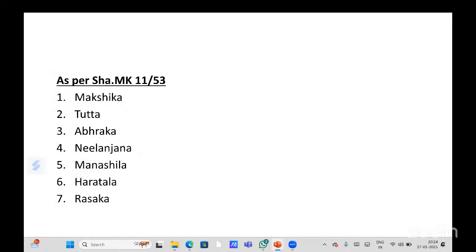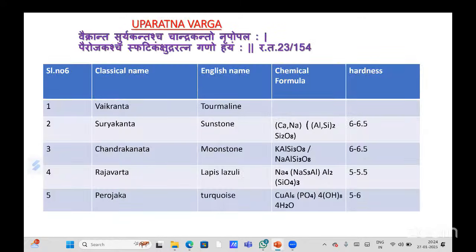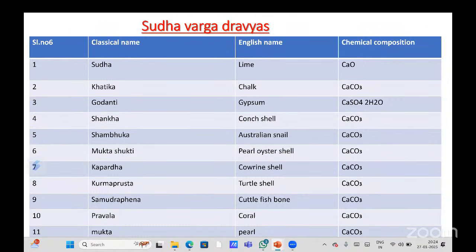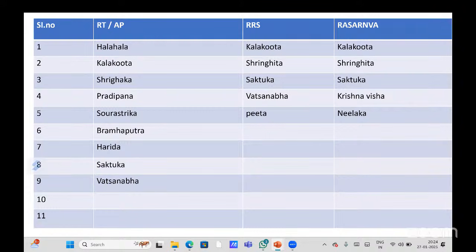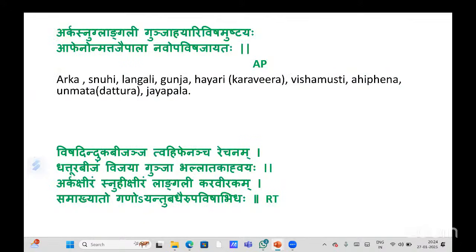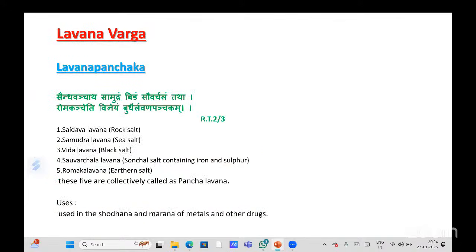So Uparatna Varga, these are some classifications: Sudha Vargiya, Sikata Vargiya Dravyas, and Visha Varga, Upavisha Varga. Okay, so here the chances of getting MCQs are especially with Dravya classifications or Rasa Varga classification, Lavana Varga. Okay, next is moving to the